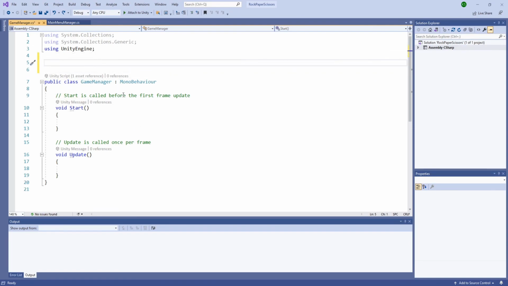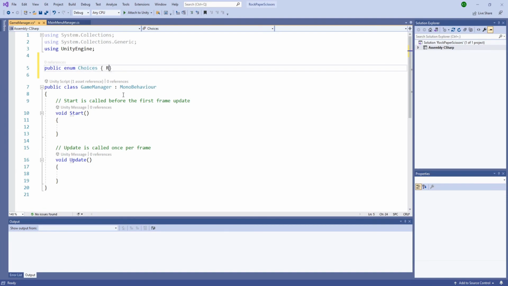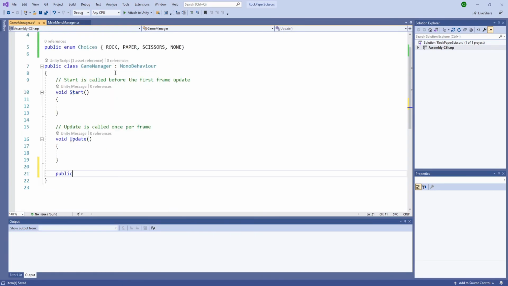First, we'll have a public enum of choices, which will contain rock, paper, scissors, and none. Now let's create a function like void act,